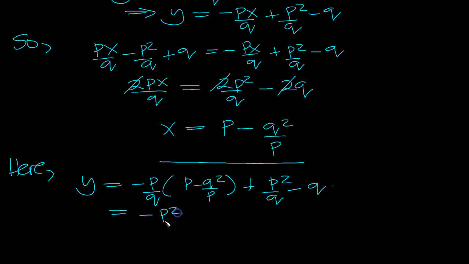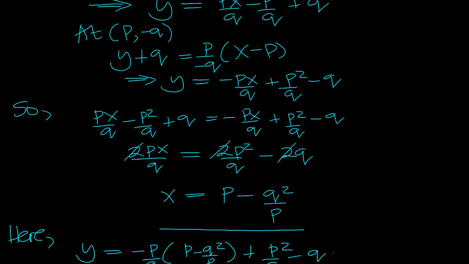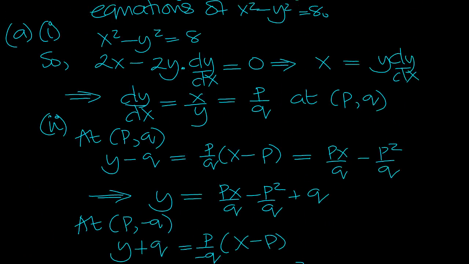minus p squared over q plus, the p's will cancel and one of the q's will cancel and be plus just one q, plus p squared over q minus the q here and here. And we can see all these cancel and equal 0. So yes, y does equal 0 and they intersect on the x-axis then. So that was part